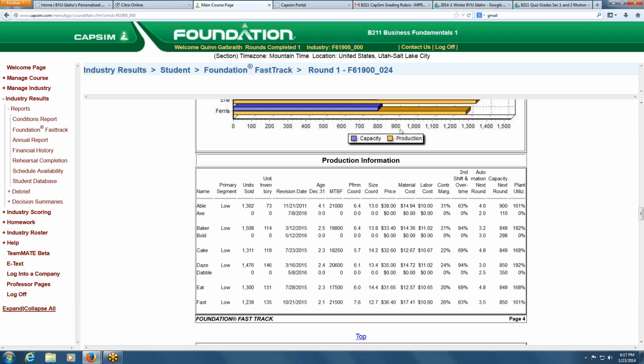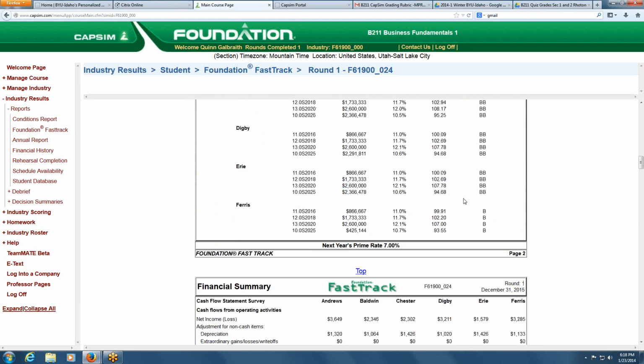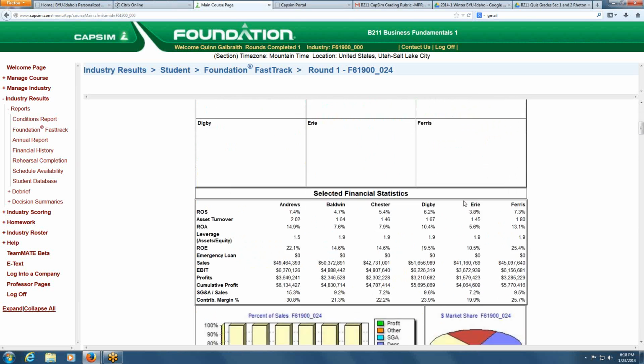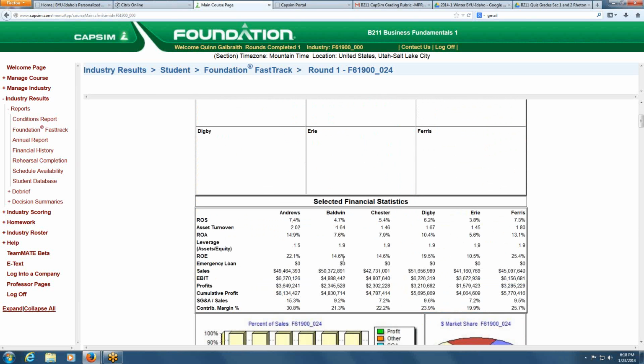So, Brother Galbraith, do you have anything else to add? What about looking at the top of the fast track, the ROE, return on equity? Any suggestions there, or the SGA? So we look at that. Certainly things to look at here on this front sheet: we've got sales, ROE, contribution margins. Do you want to talk about any of those things?